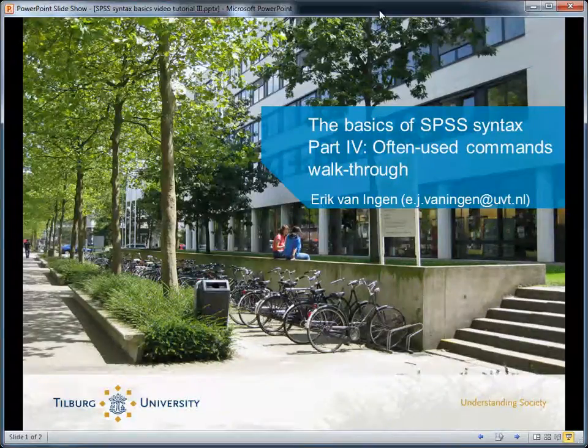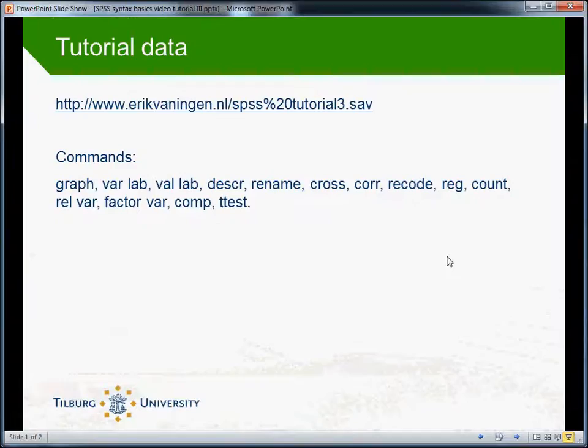Hi, and welcome to the fourth part of our tutorials on the basics of using SPSS syntax. Many SPSS commands can be used by typing very brief syntax, and if you know how to do this, you can use SPSS very efficiently. So in this tutorial I'll walk you very briefly through some often used commands, and those commands are